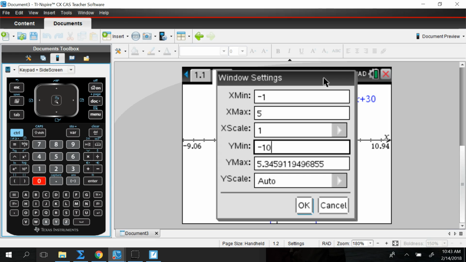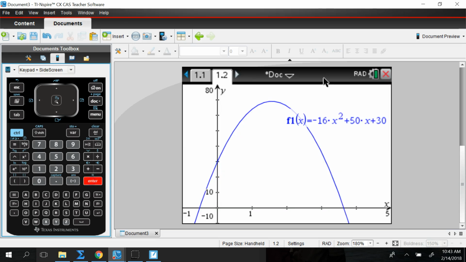Well, no, remember I'm launching it at 30. And we said after, if I put 1 into my function, I'm at 64. 80? Okay, let's try 80. And I'm going to go by tens. Look at that. That's a thing of beauty. Now, if I trace that,